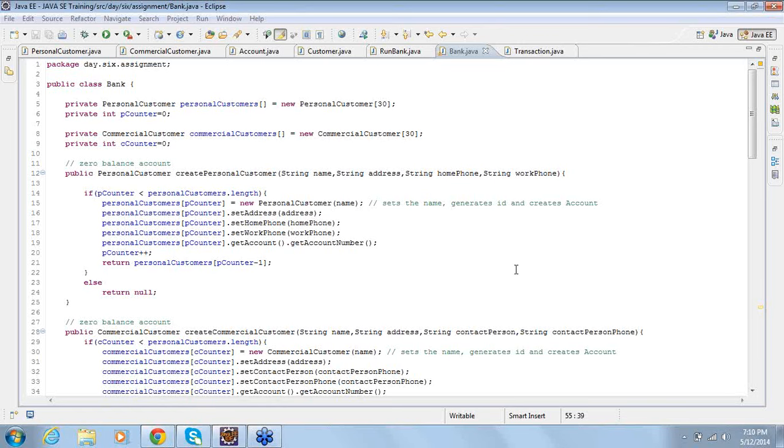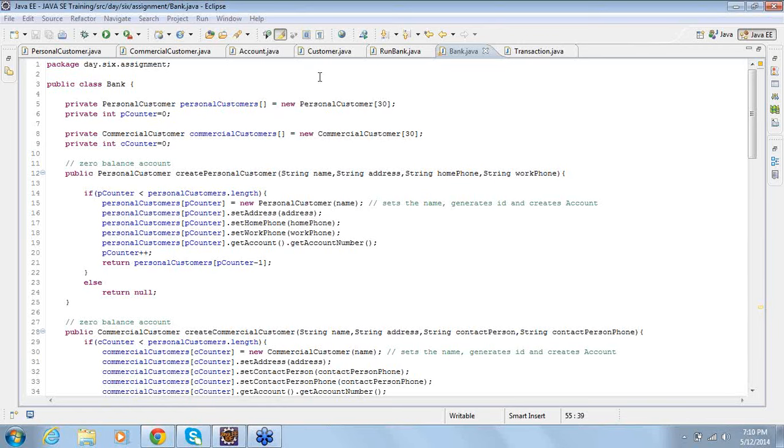Yes, Arun, I thought about that, and I thought that we can create a customer array and have the two arrays inside that customer array. But then I thought it will be really hard to keep track of the number of customers, personal and commercial. See, the first half of your solution was correct. Instead of declaring two different arrays, we can declare only a customer array, right? That's what you suggested.